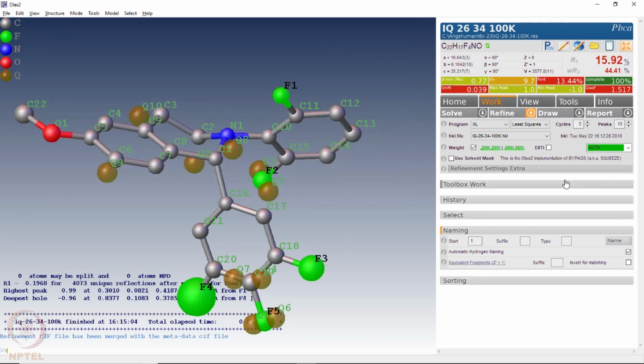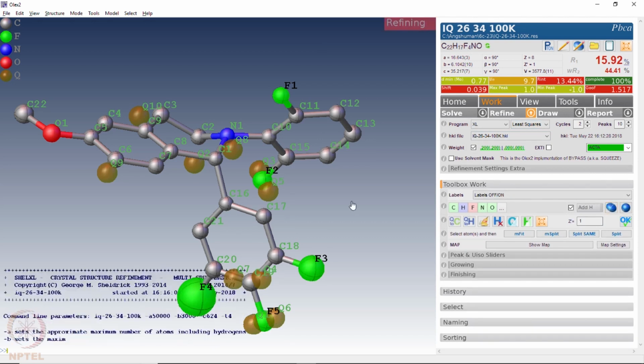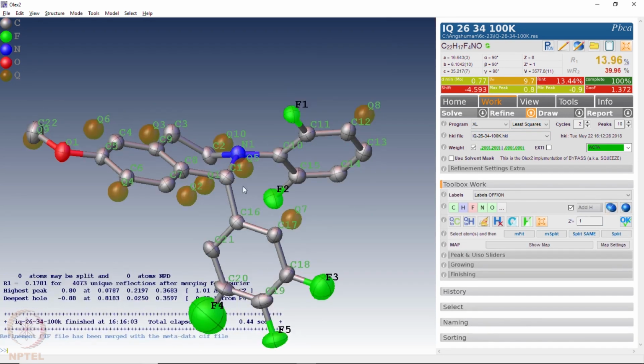So at the moment we do nothing. At the moment we just try to continue the refinement as usual. We do it with anisotropic refinement, and we recognize that these fluorines are disordered because they are now rotated by 180 degrees. So what is happening is,